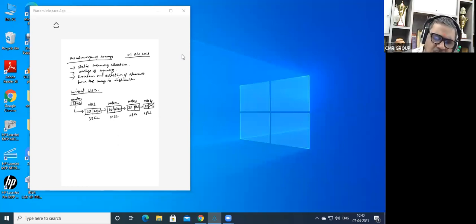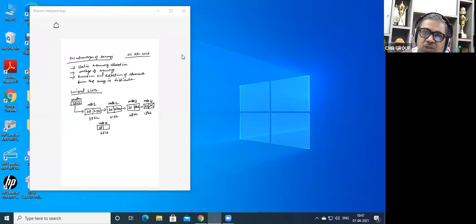Before going for that, for example, if you want to insert an element in between, say between node 1 and node 2, I want to insert one node X. Node X has come, with the value 28, located at 6816.